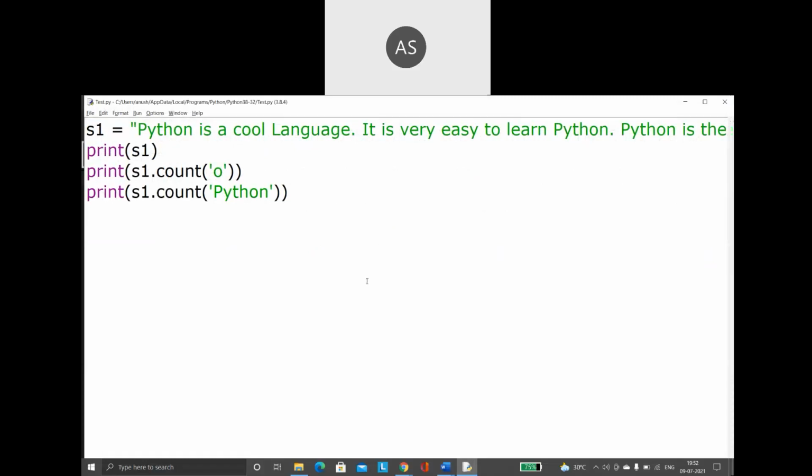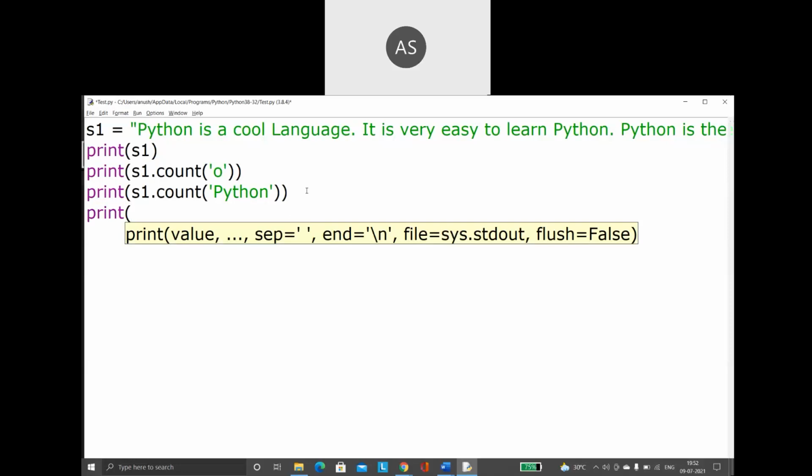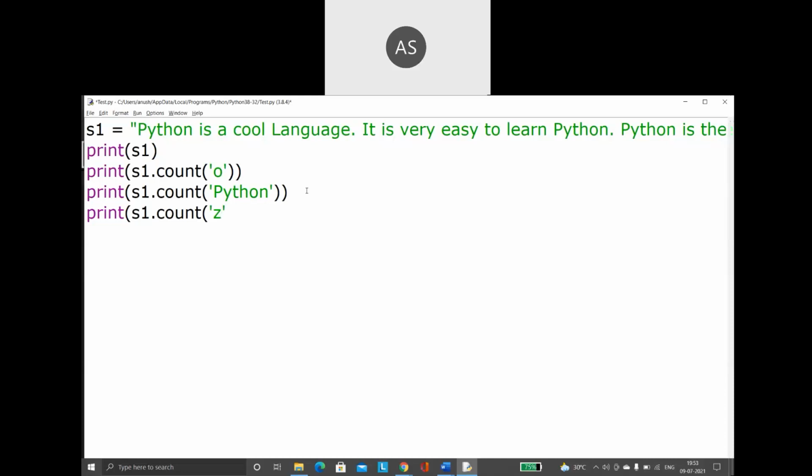Right. Now, what will happen when you are asking to count a character which is not there? Say I am saying print S1 dot count of Z. Is this character present anywhere inside my string? No. Z is not at all there. So remember, the count function is going to return the value 0.